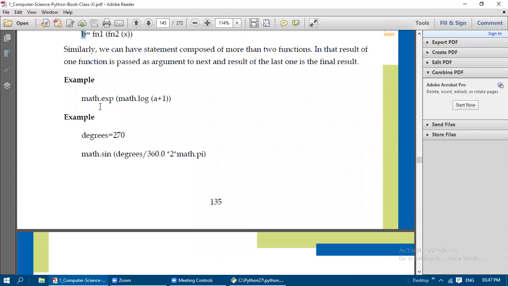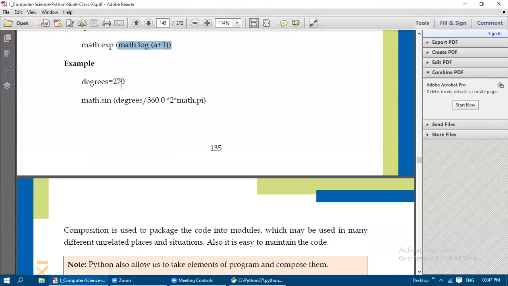So an example for composition: math.exp of math.log of a plus 1. First we need to find math.log of a plus 1, and only after that this value is used for finding the exponent. In the same manner, degrees is equal to 270 we have assigned. So math.sin of degrees by 360.0 into 2 into math.pi.